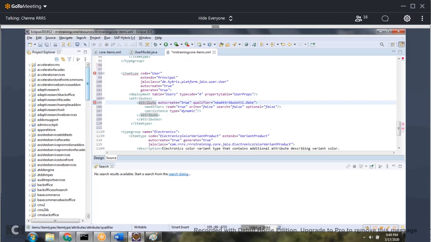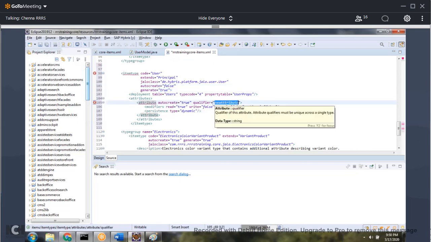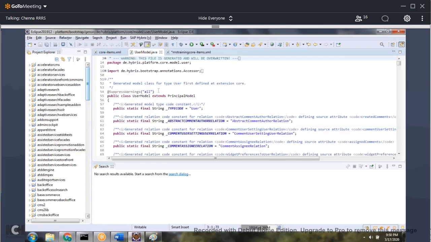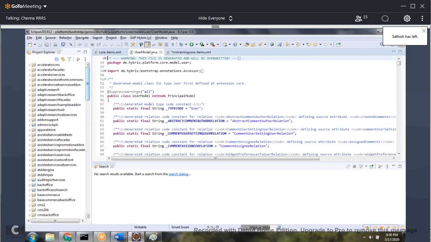Now you can make auto create equal to false, because this database entry is already there. Then generate equal to true is required, because this attribute needs to be added in the user model. If you make generate equal to false, this attribute will not be added in the user model. So that is required for us.